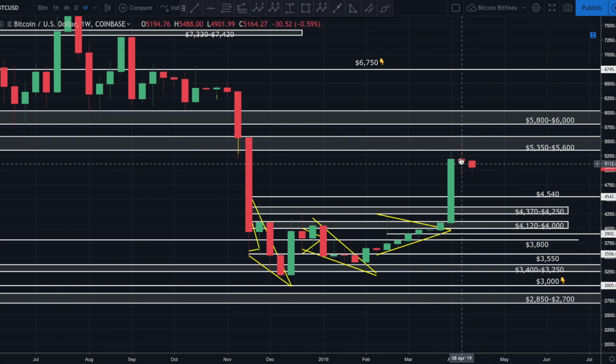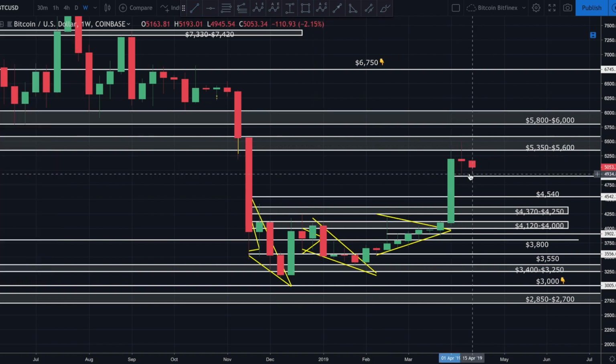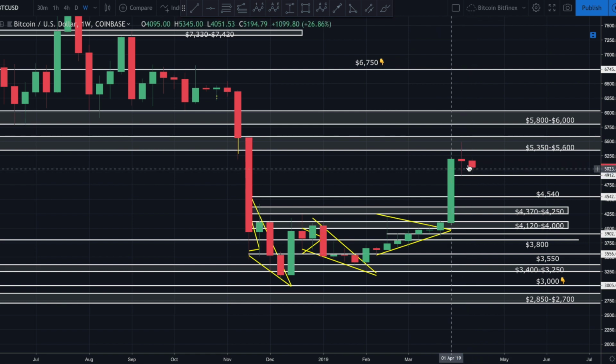Now I'm going to be watching very closely this area right. In fact, let me just draw it right here. The prior low of this tiny little order structure right here, which is right at about 4,900. That's the area that if that breaks down, guys, looking at the weekly here, we could find ourselves quickly, ignore this 4,500 area. That'll be more prevalent on the daily chart. But here, looking at the weekly, the next major area of support that we can see is this 4,300, really 4,400, all the way down to about 4,250, which acted as prior resistance here,